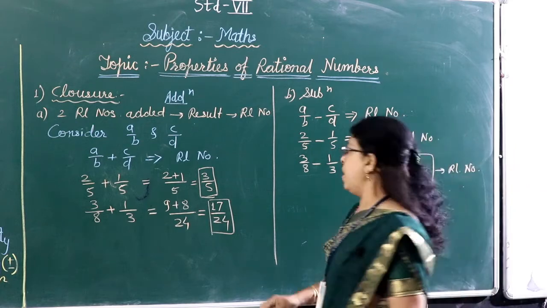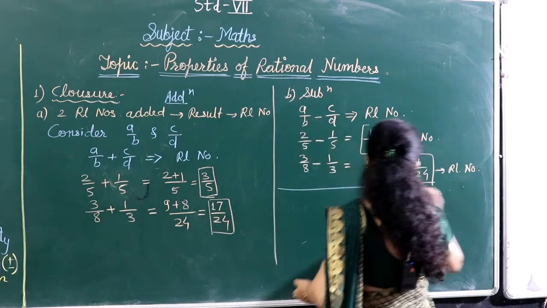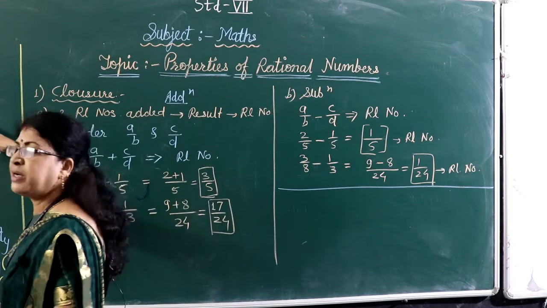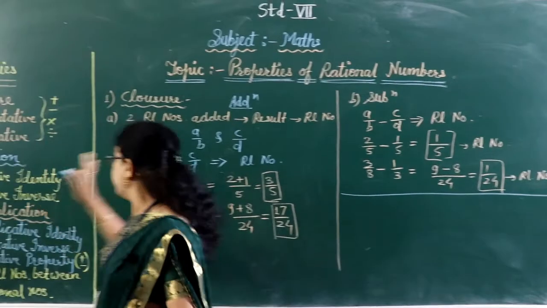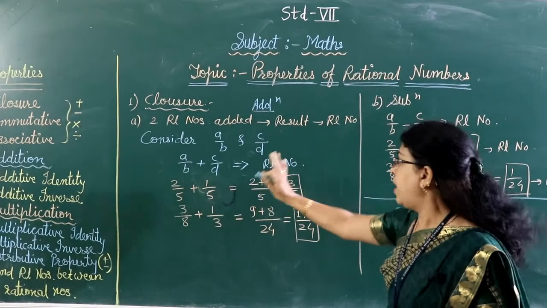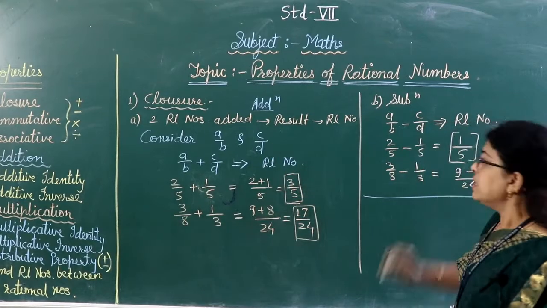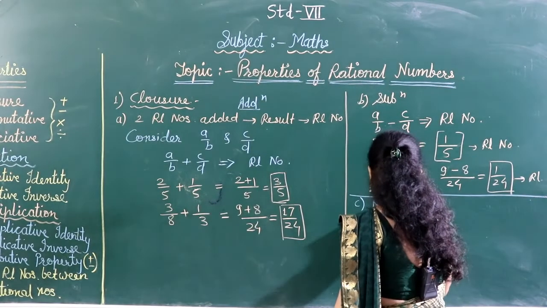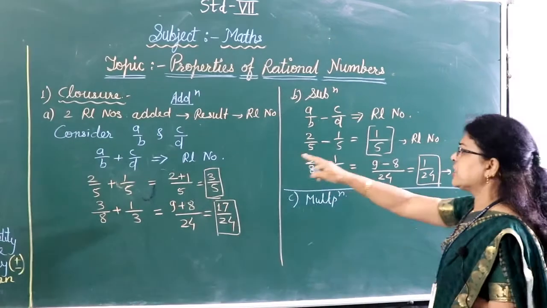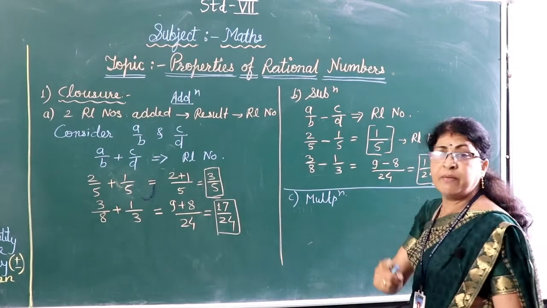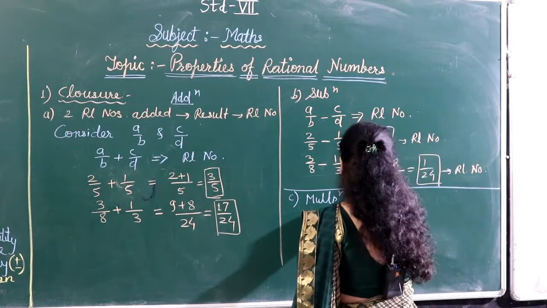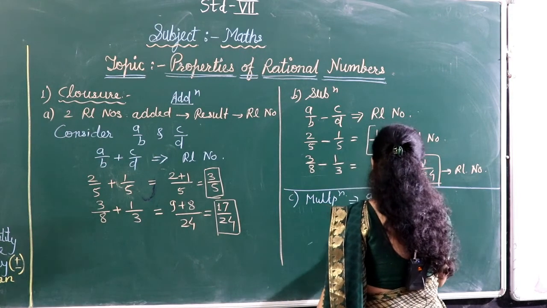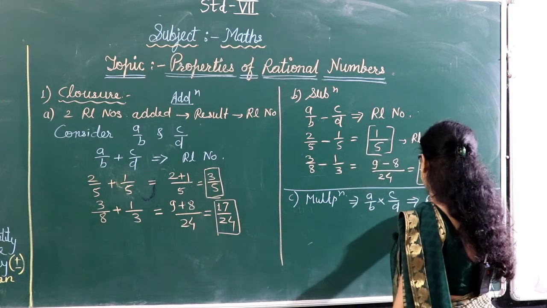Okay, clear? Now, third property. We will apply the same closure property for addition, subtraction, multiplication and division, all these operations. So it is clear to you how we applied it for addition and subtraction. Now the same we will apply for multiplication also. In case of multiplication, again the same rule, instead of plus, minus, now what sign will come there? Multiplication. So the property is like A upon B multiplied by C upon D is also a rational number.